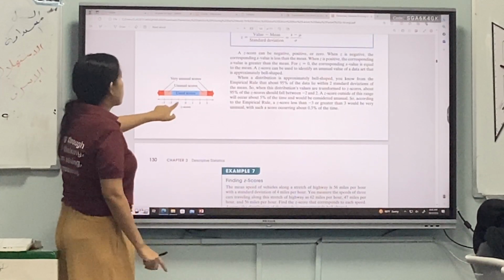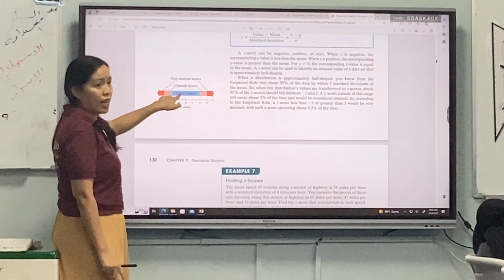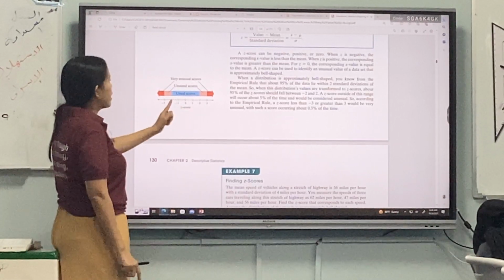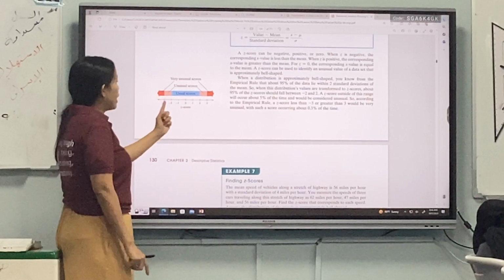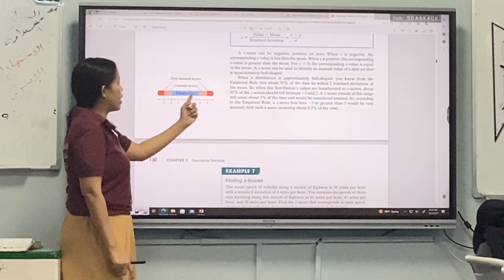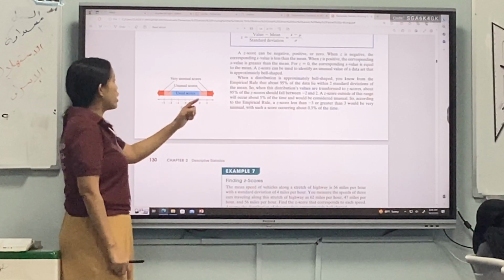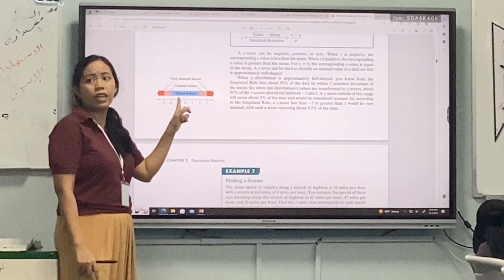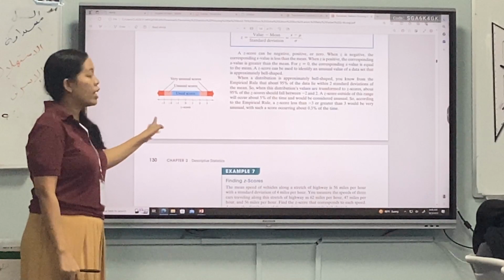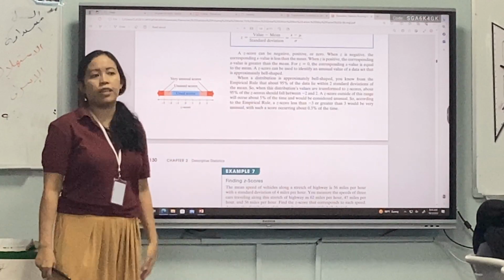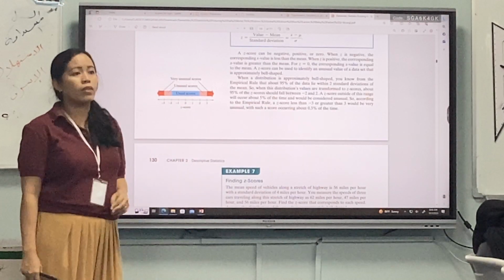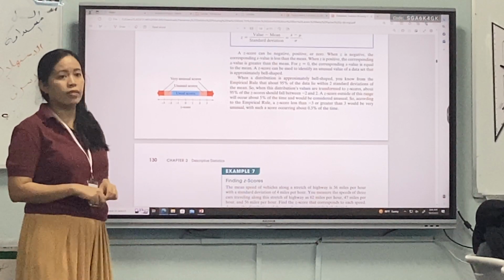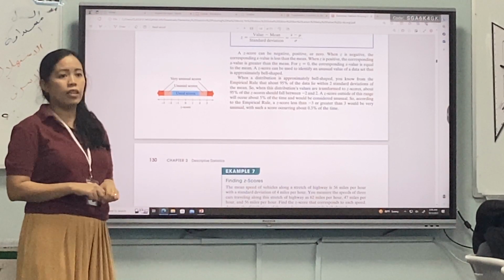Negative 2 to positive 2 is used. It will become unused if it is negative 2 to negative 3 and 2 to 3. And it is very unused if it is negative infinity to negative 3 and 3 to infinity. So these are always between 0 and 1. The one that we did is usually